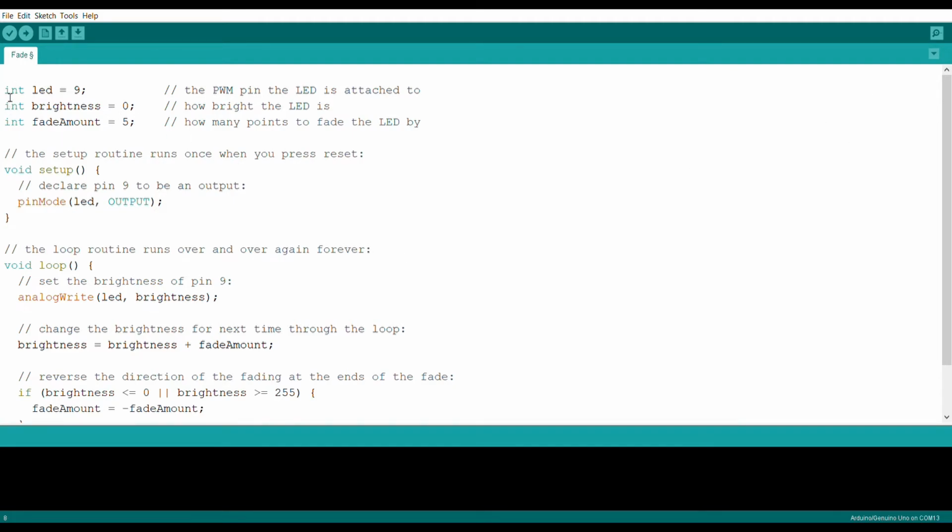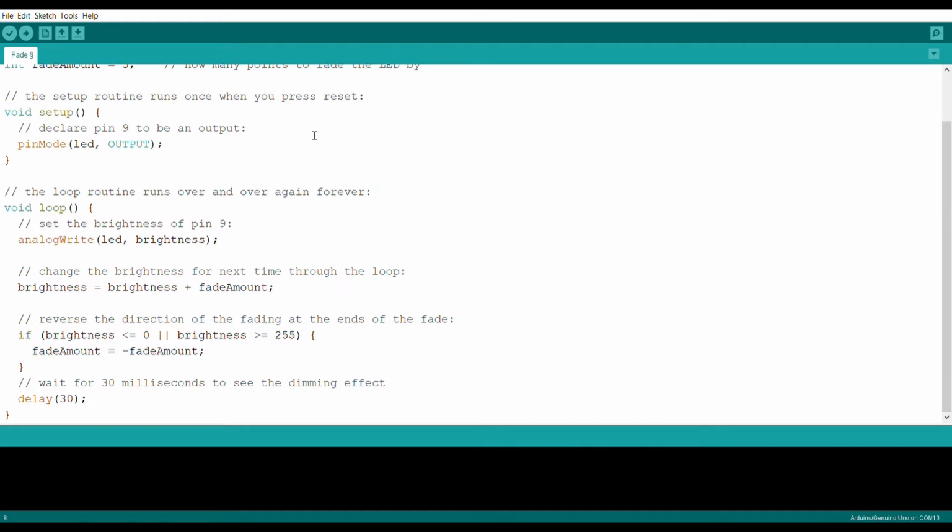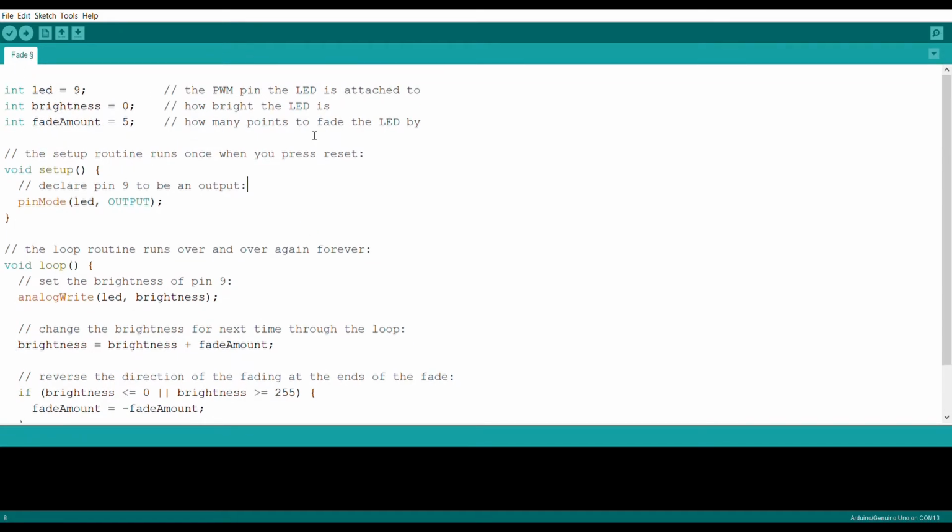You can just make a screenshot. You can take it. Here LED 9, so 9 is a PWM pin. Why do we use a PWM pin here? Because we change its value, we can manipulate it. So that's why the LED is defined as 9. It's a PWM pin. We don't use a normal digital input output pin. We use a PWM pin. It's also a digital output pin, but